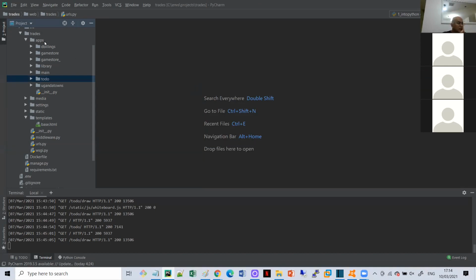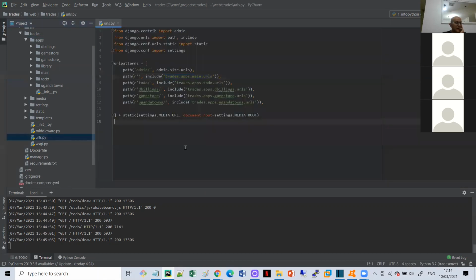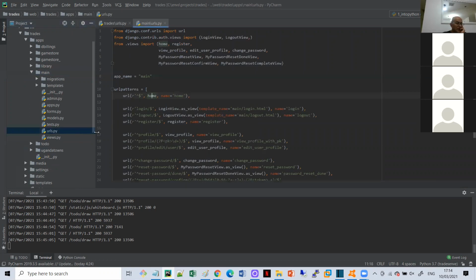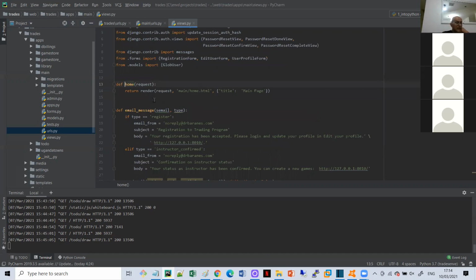Okay, so in the application, again, I'm repeating myself a million times, we always start from the URLs. The URLs tell me to which application I'm navigating. We said the empty one goes to the main. So the main is our main project. It really is the main URLs. And the empty will take me to this home view. When I do Control and B, it takes me to this page and to this function. And this is really my main page. So if I go here,